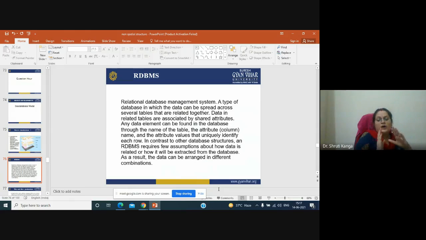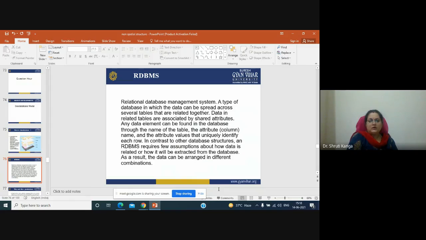The data in related tables are associated with their shared attributes, and every table has a relation with another table.